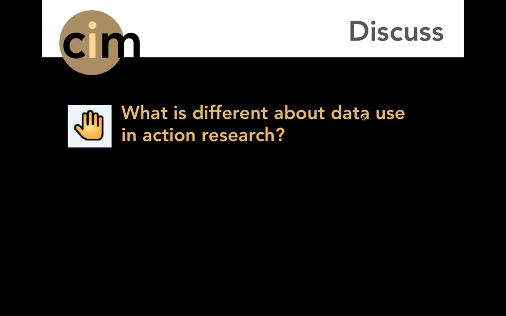All right, so maybe just to summarize a little bit the things that people have said so far. Of course, one of the most distinctive things about the data that you collect in action research is that it pertains to your research question as a researcher. Dawn was saying that sometimes you collect data for other people or for other purposes. In action research, the data that you collect is specifically for the question that you are asking. And Jane had noted that the data that you're collecting is not data that you would necessarily analyze in the same way